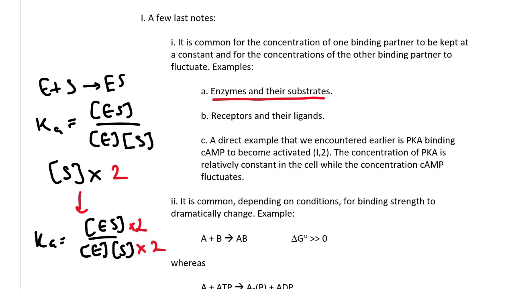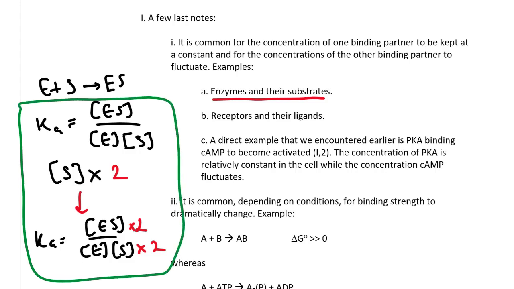And in the case of the enzyme, if you have so much substrate that the enzyme-substrate complex is larger than the number of active sites available, then all enzymes will have a substrate attached to them. This is actually a very important concept. This is the only reason why I'm covering this, because a lot of the stuff we're going to talk about later becomes much easier to understand if you understand this relationship of binding, where if one thing is kept constant but the other thing changes, then the amount of the complex changes too